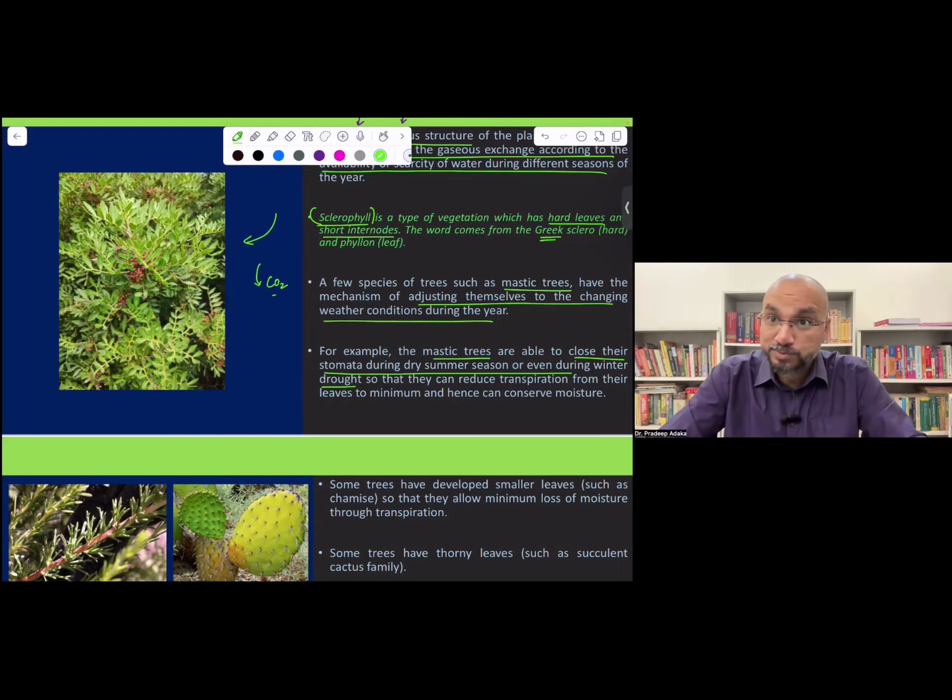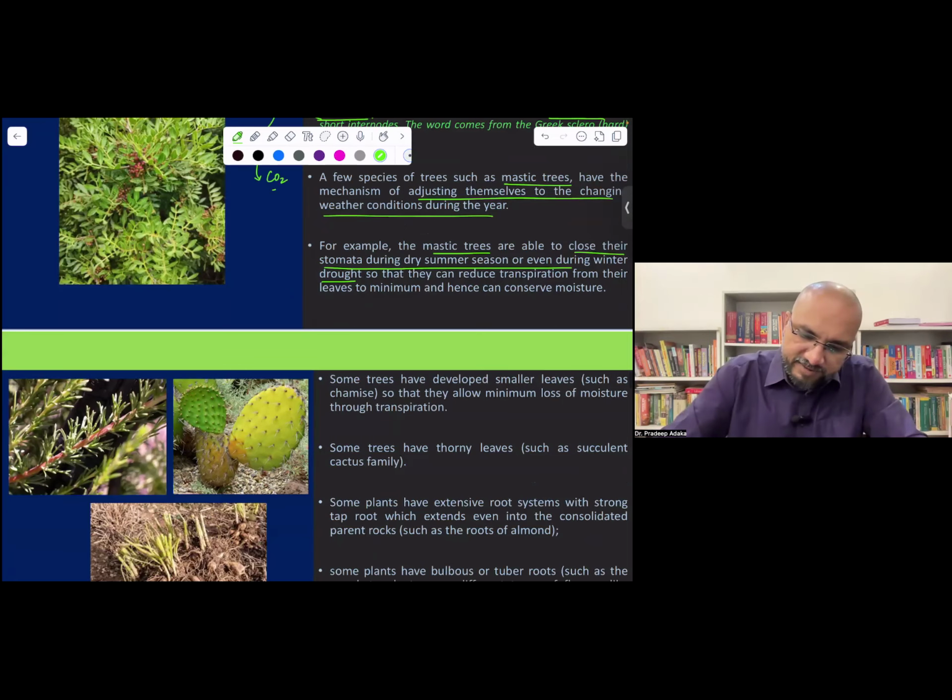But it does not have much moisture in the soil. So conservation of moisture is priority over food synthesis. Survival is the main priority here rather than efficient photosynthesis. Are you getting it? They close their stomata during the severe drought or if moisture is not at all available, so they will completely close their stomata. They will carry on with whatever reserves they have. Survival is more important than efficient photosynthesis here.